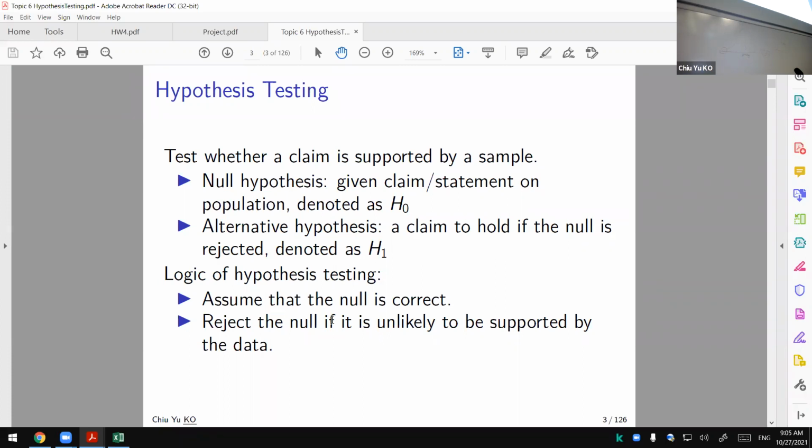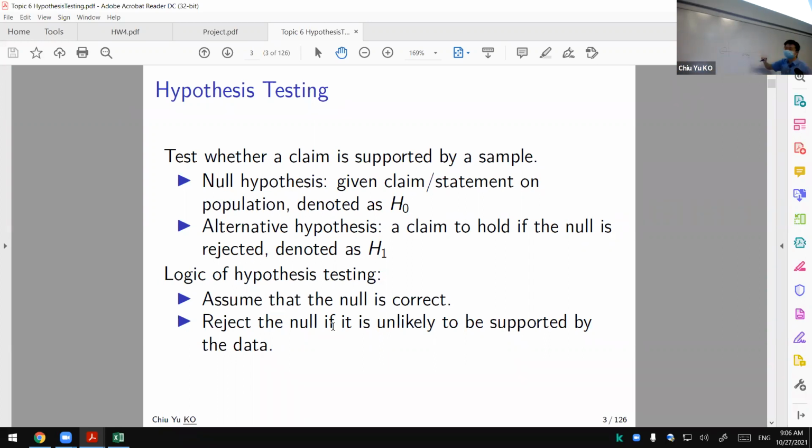The question is how to define far away. Can you see at the top? How to define far away will be based on the idea of probability. Of course, I will give you more detail, but this is just a preview of what we're doing. So we're trying to say